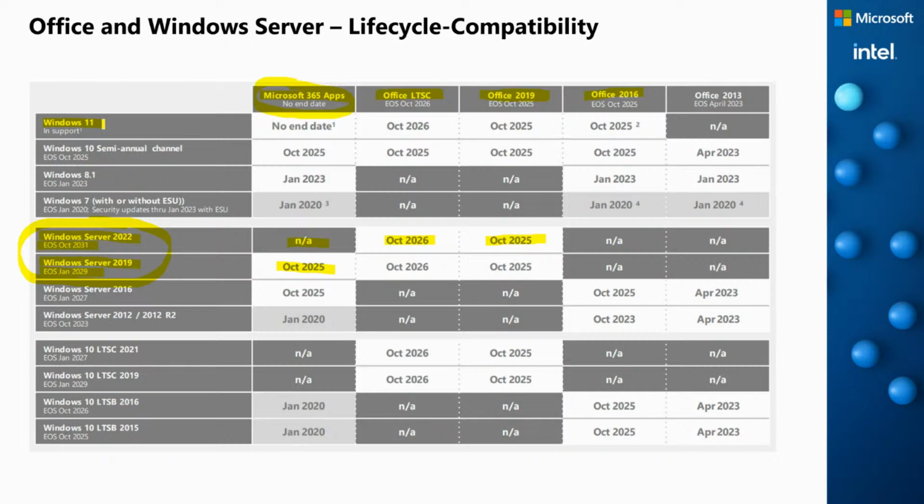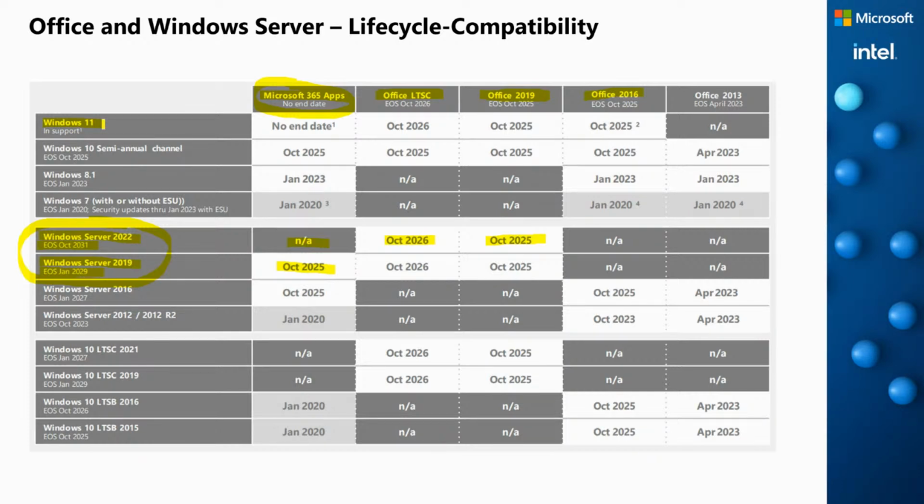In Windows Server, we don't have this situation. Now you can imagine that it is difficult to bring an application that has a modern life cycle together with an OS platform that has a fixed life cycle or long-term servicing channel life cycle. Because when we think about Windows Server, 10 years support. In these 10 years, we have 120 new versions of Microsoft 365 apps. And they all have to be supported if Microsoft opens the support for the apps. So I absolutely can understand this limitation from the technical perspective.